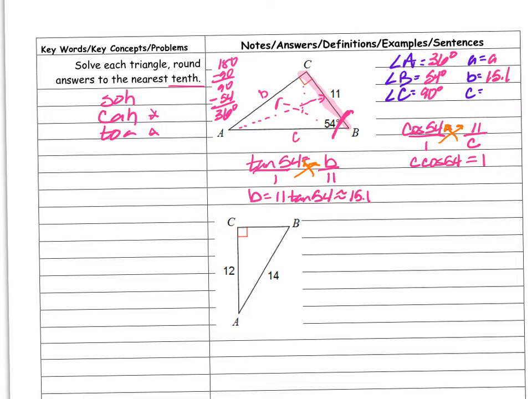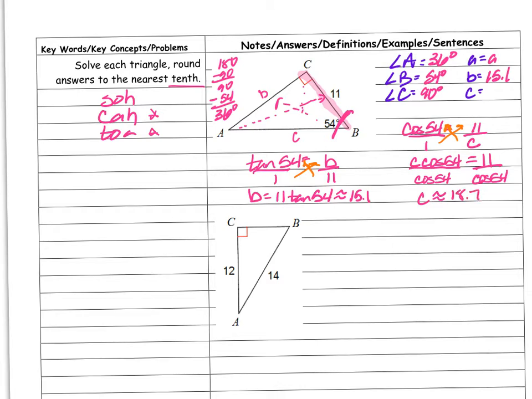And I want C by itself. So how do I do that? I divide by cosine of 54. So C is going to be approximately equal to 11 divided by cosine of 54, which is